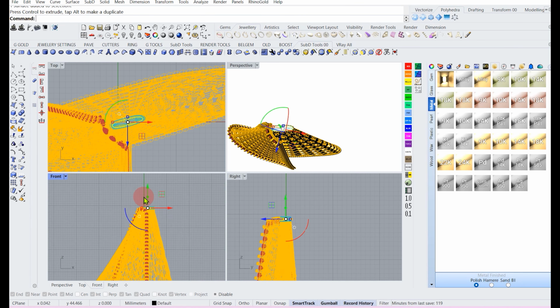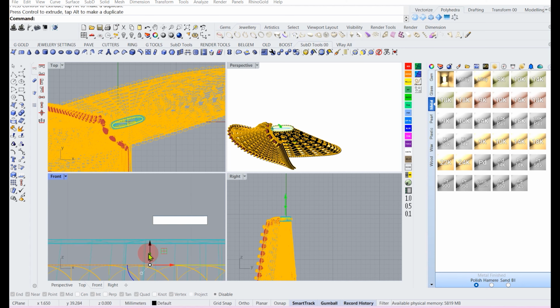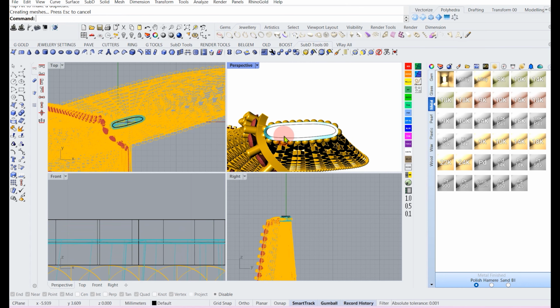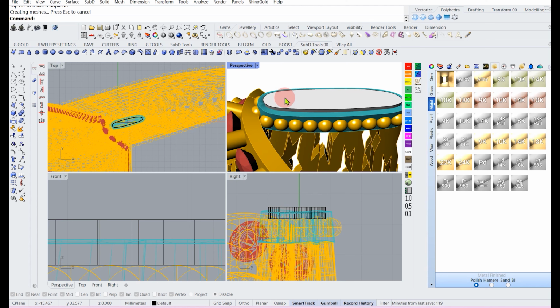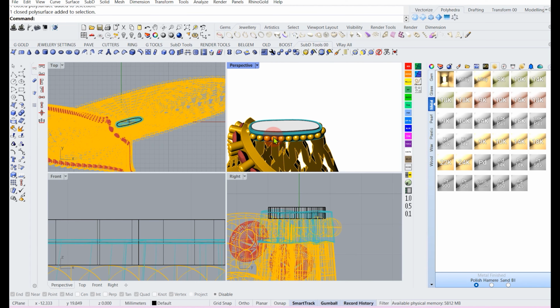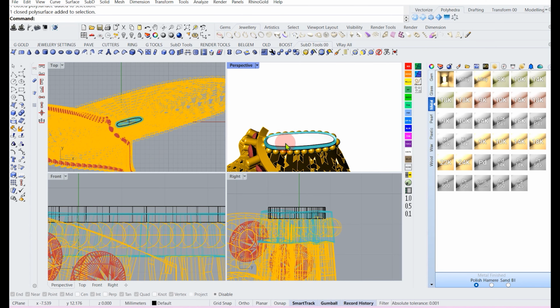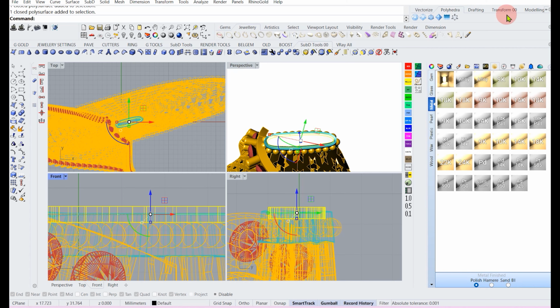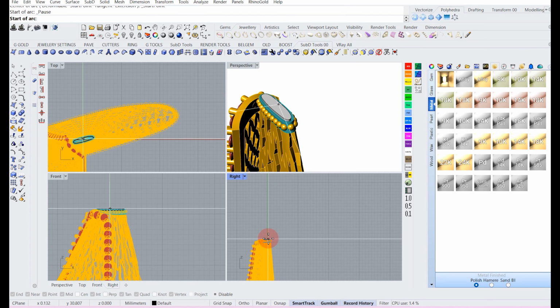Now I'm going to use planar curve to create a surface and bring it up over here, and using the dot on the gumball I'm going to extrude it all the way up to here so that it closes the gap in this object. Now I'm going to use arc